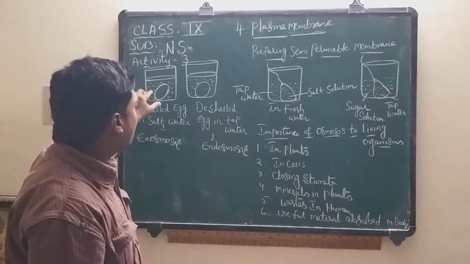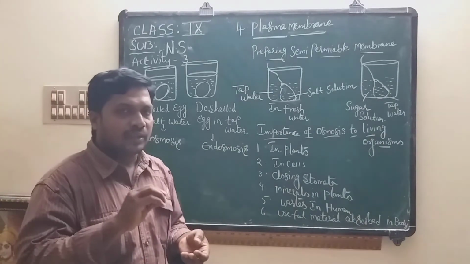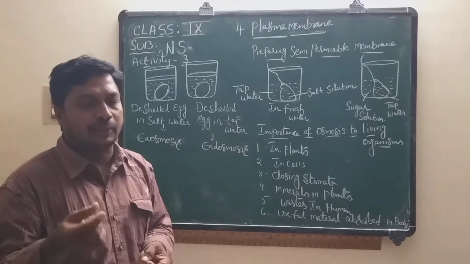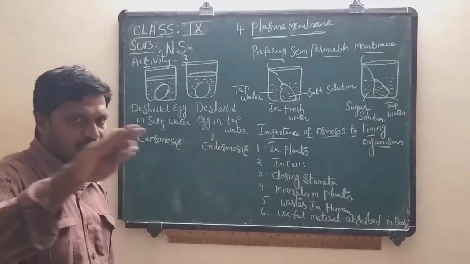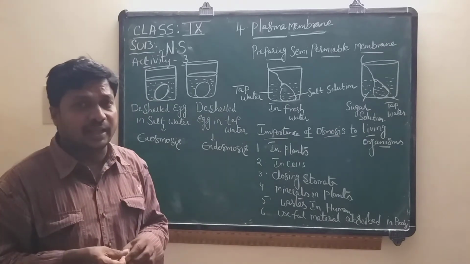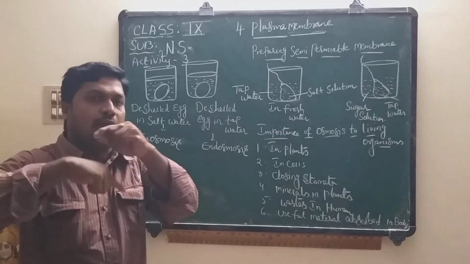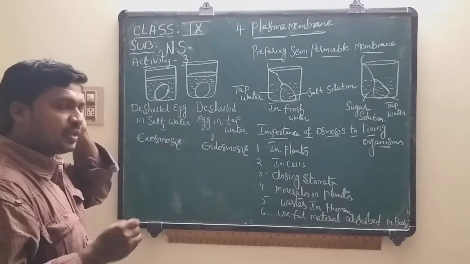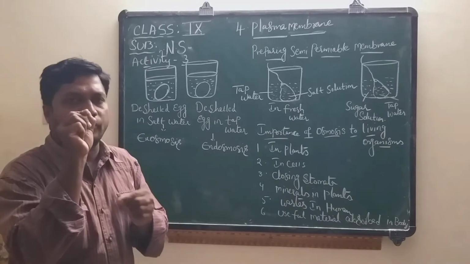Now you have to take the de-shelled egg. De-shelled means you have removed the egg layer, the shell which is made up of CaCO3. Already we kept that egg in toilet cleaner or dilute HCl, so this is helpful to remove the shell. Now take the de-shelled egg, and with the help of a paper strip measure the width or breadth of the egg, and note down the breadth of the egg with the help of a pencil.